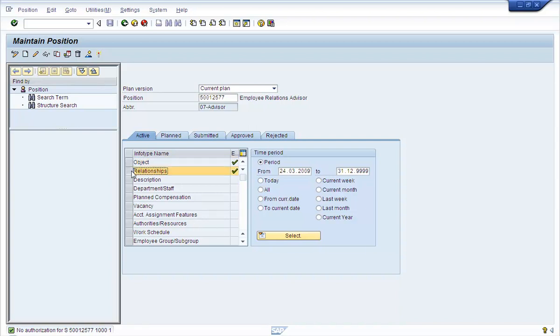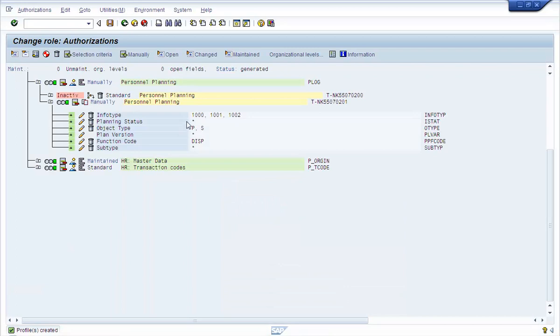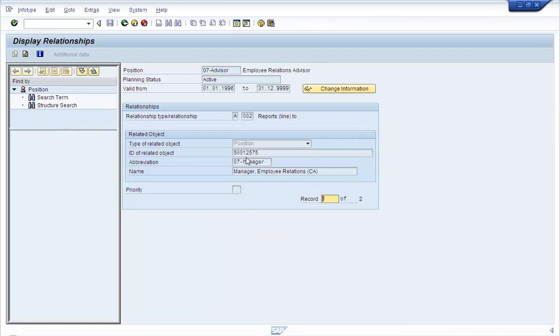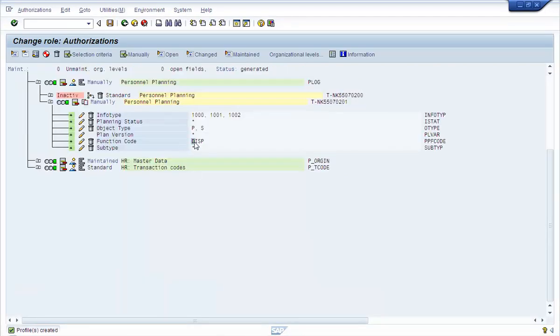Same thing if I go and do this, I don't have access to info type 1001. That is a change access, but I do have the display access. So if I click on display, it displays because DISP is for displaying the information.